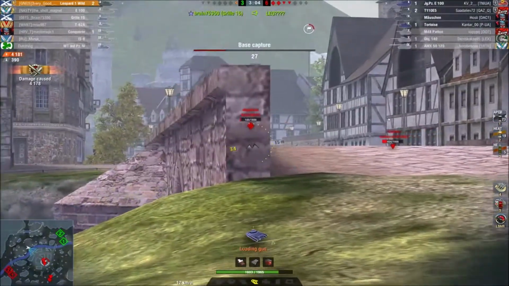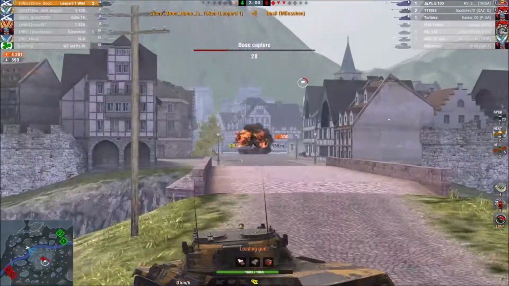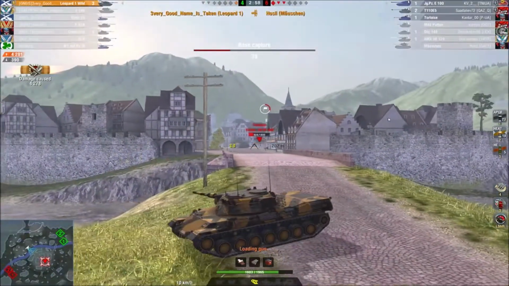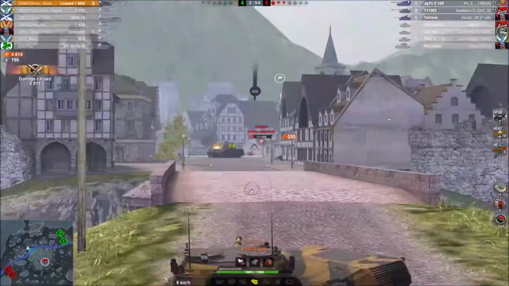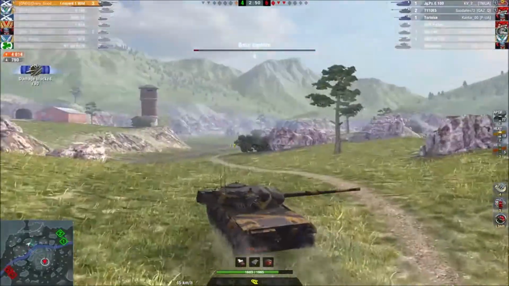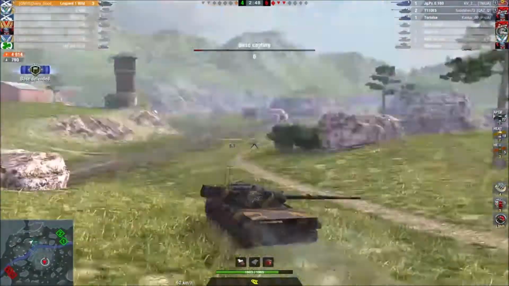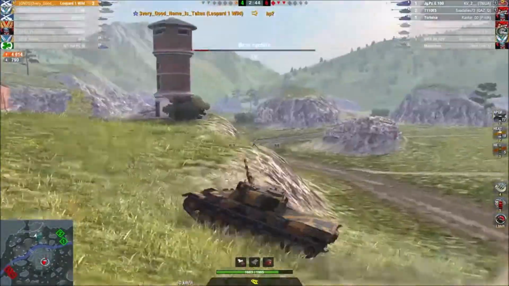Your hull or your armor overall is of course not great. You have 70 in the front, 35 in the side, and 25 in the rear. Your turret armor is also quite weak in comparison. You have 52, 60 and 60, so actually your sides and back are better protected than your front, weirdly enough. And yeah,